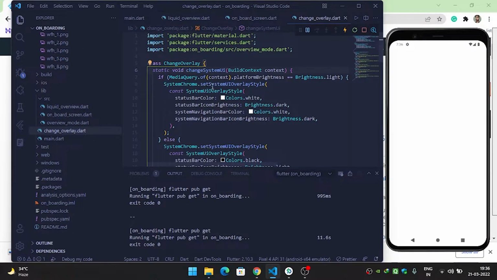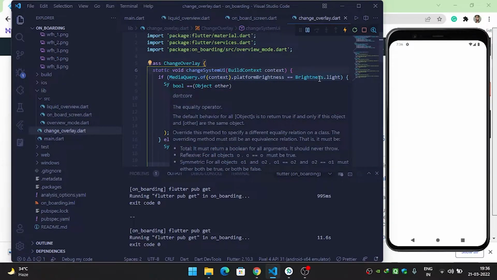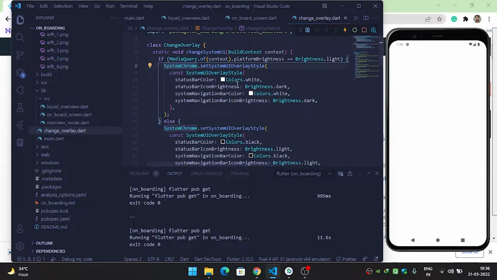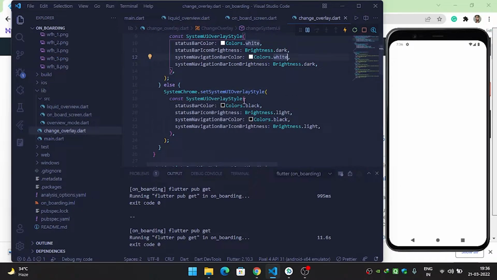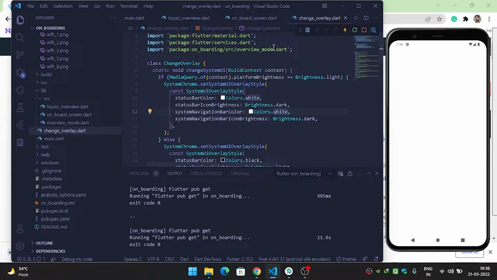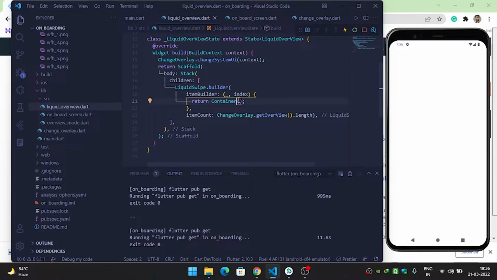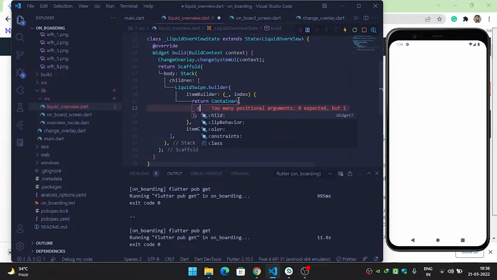We are setting the system UI overlay with the system UI overlay style, and we are passing the parameters for our status bar color and navigation bar color by checking the platform brightness. That is, if it is light mode, then we will change the system UI overlay style with the status bar color white and navigation bar color white, and if it is dark mode, we will change it to black and then black. Okay, now on the liquid overview, we will come here and inside the color property we